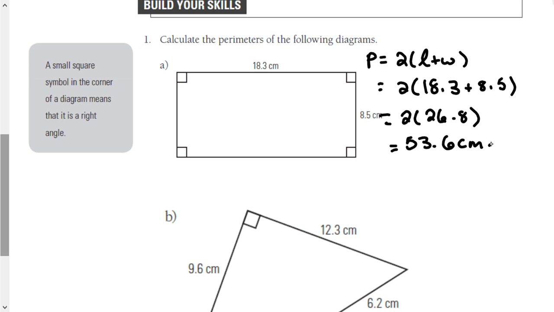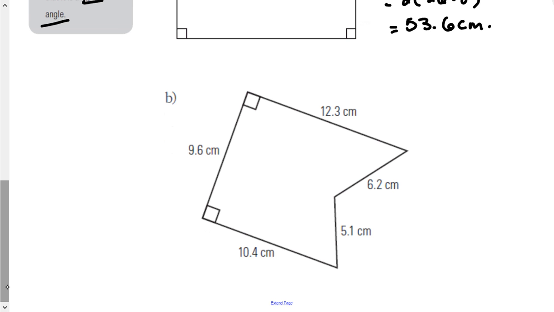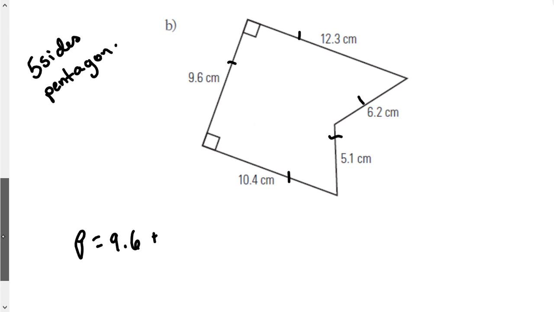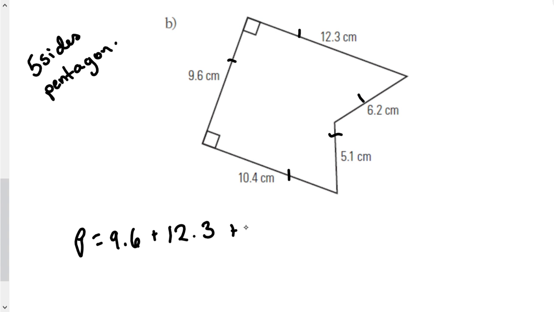From our trig unit, you should remember that this little guy right here means a right angle. This shape we have is 1, 2, 3, 4, 5 sides. It's a pentagon. So then this one, it doesn't have a special formula, so we just have to add everything all together. So perimeter is equal to 9.6 plus 12.3 plus 6.2 plus 5.1 plus 10.4, which leaves us at 43.6